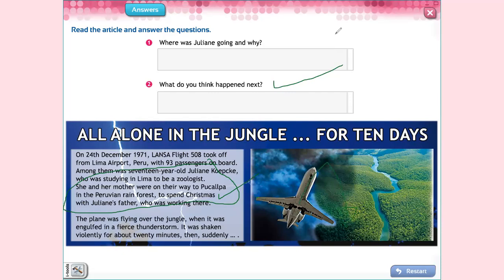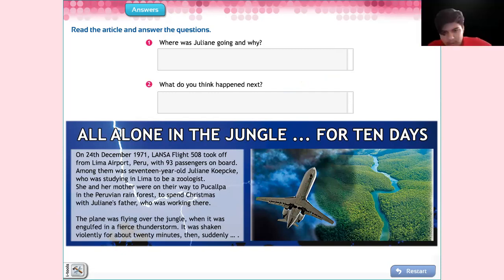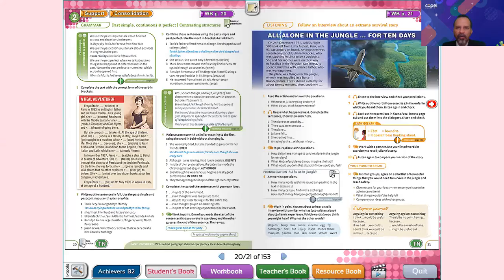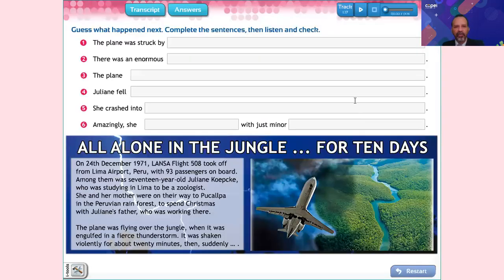And the plane fell? The plane crashed into a mountain? Or the plane disappeared? What do you think? What happened next? The plane fell and crashed in the jungle. Okay, could be. Excellent, Mr. Estrella. Or the plane disappeared. Let's see. Okay. The session will be over